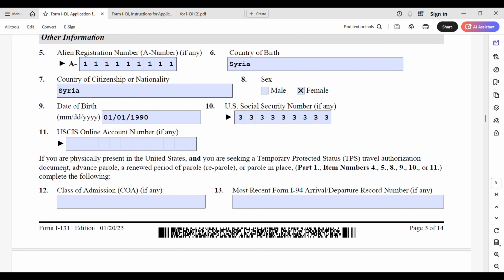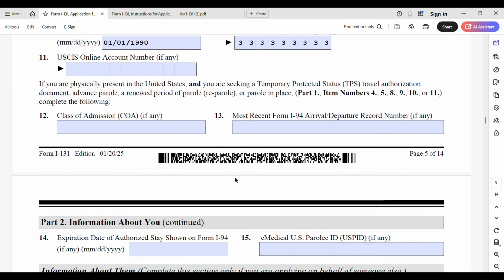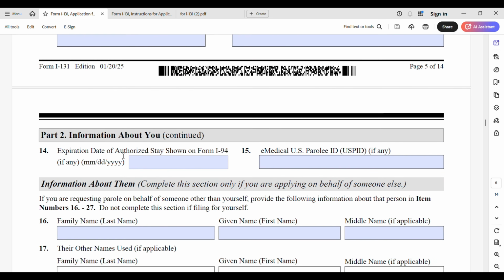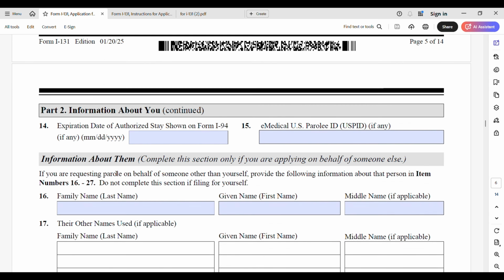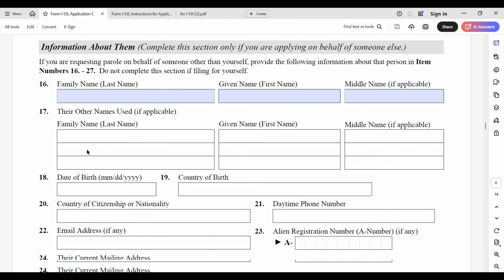If you are physically present in the United States and you are seeking a temporary protected status, travel authorization document, advanced parole, renewed period of parole, reparole, or parole in place, part 1, item 4, 5, 8, 9, 10, or 11, complete the following. For us, it does not apply for refugee travel document because it's item number 2. So part 2, we're still talking about part 2, information about you. So question number 14 is not going to apply for us. So we're going to go straight to